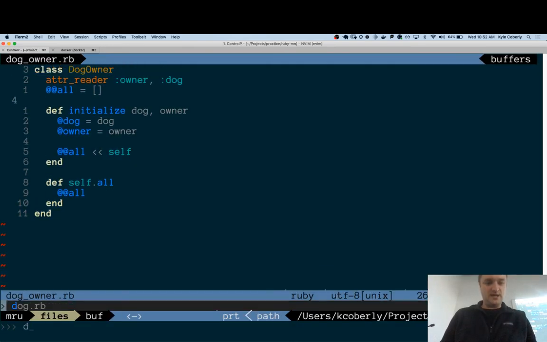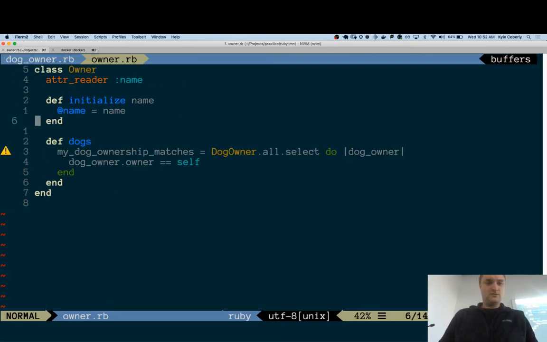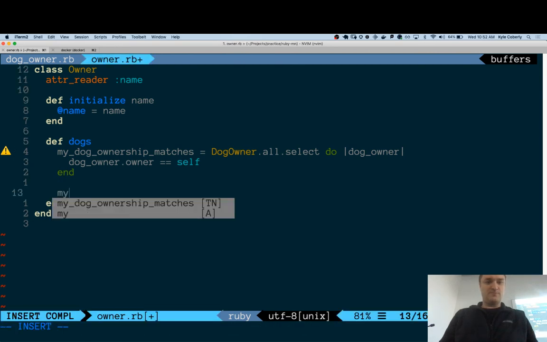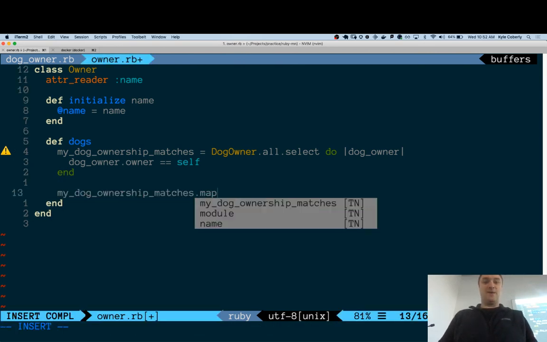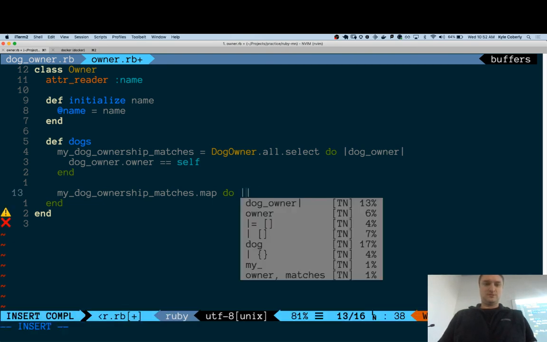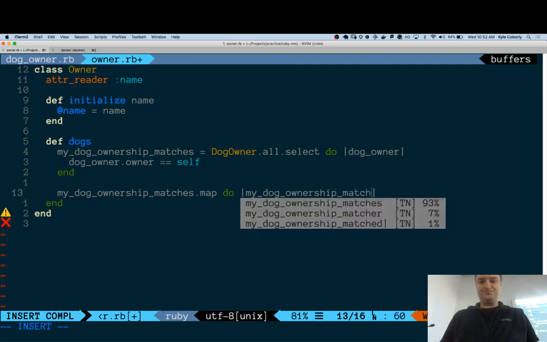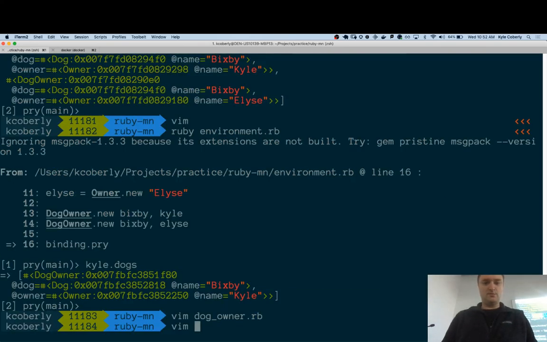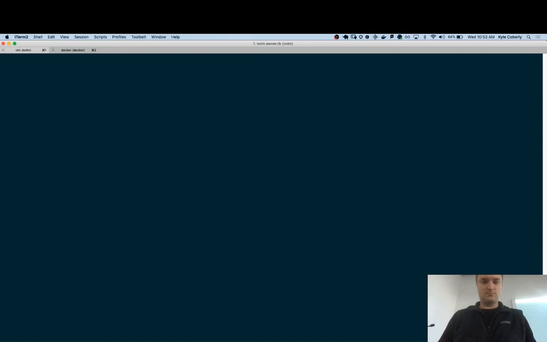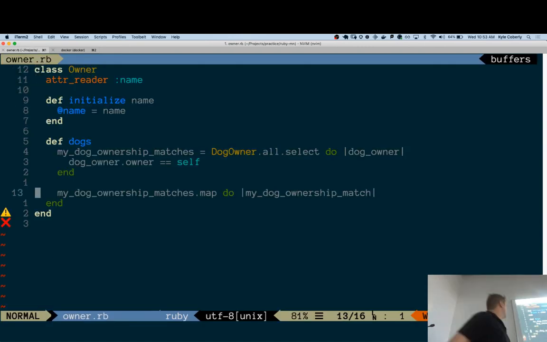So I'm going to take my dog ownership matches and map. Pro tip, whatever your variable that you're mapping over is, this also applies to selects and reduces, whatever's in your block variable here: plural, singular, plural, singular.